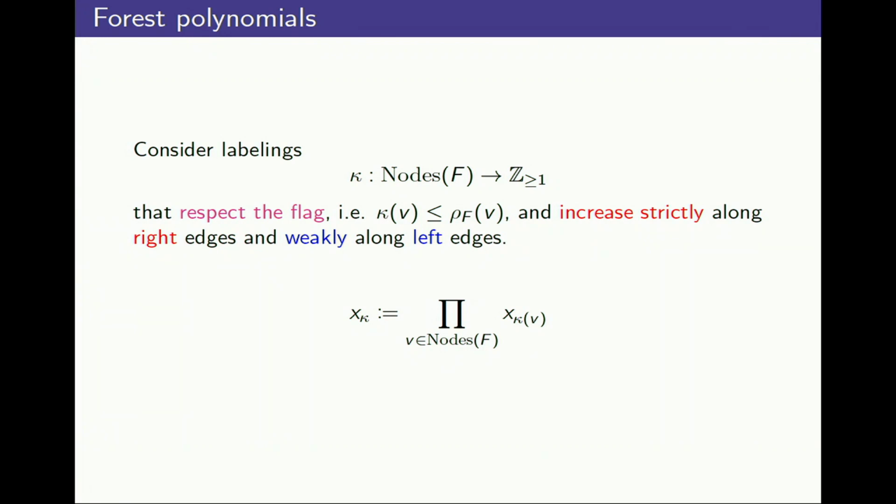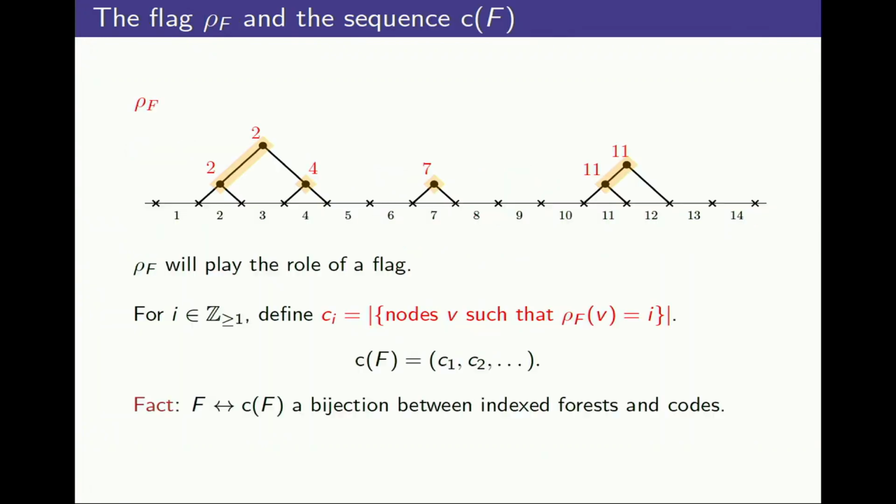Yes? Oh, yeah, sure. So Johnny's question, how do you get row f? So I scan this thing from left to right. Okay, so this is perhaps an easier way. Find the first node whose left child is a leaf. So this, for instance. And then you look at which unit interval it sits above. That's the label it gets. So this guy gets a 2. And then I go all along the path above it and label everything on that path with a 2. And then I proceed. Okay? And these runs then are encoded in this vector, and that's the code.